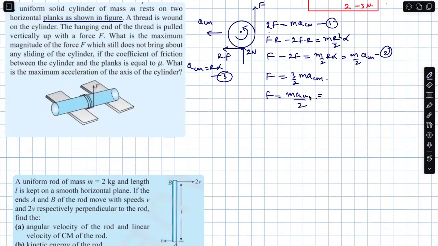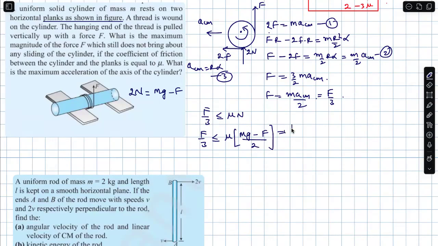Which means MACM by 2 is nothing but F by 3. But here, normal reaction 2N is Mg minus F. So F by 3 must be less than or equal to mu N. F by 3 less than or equal to mu times Mg minus F by 2. Implies F by 3 less than or equal to mu times